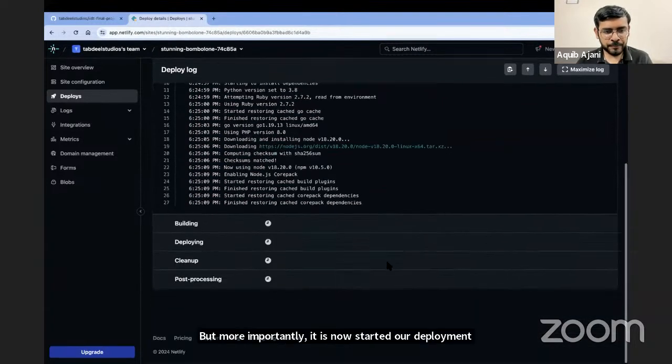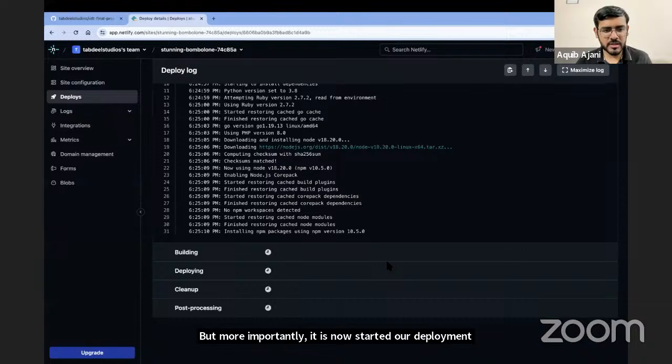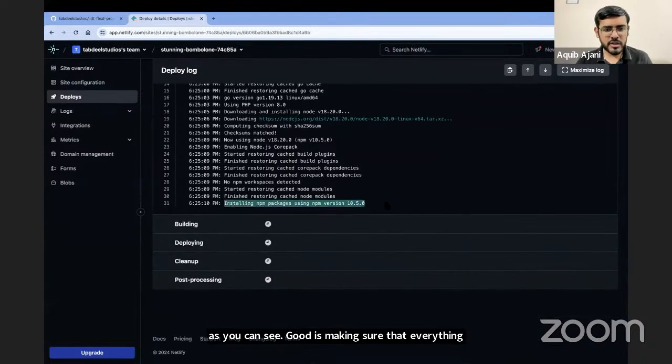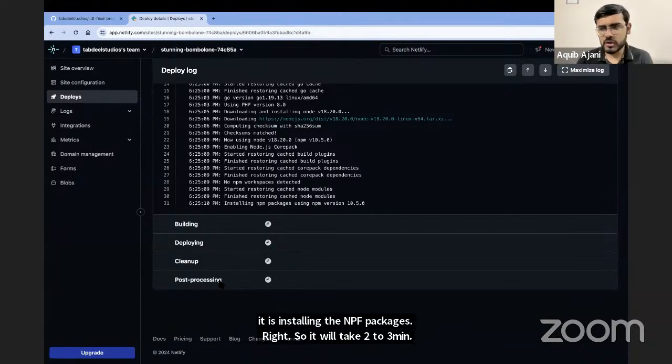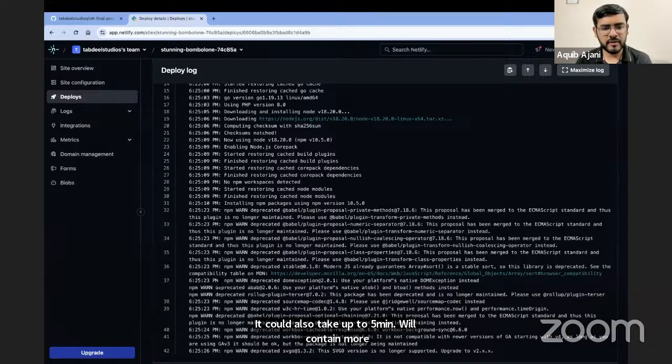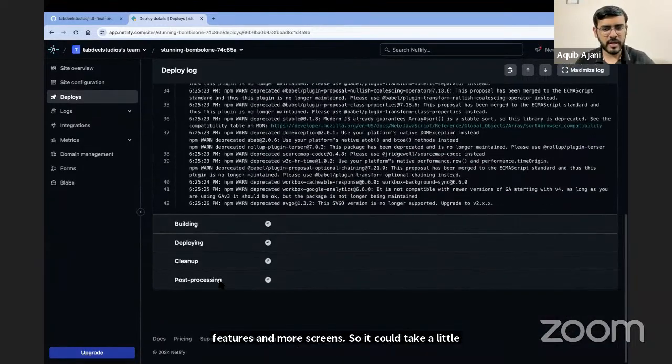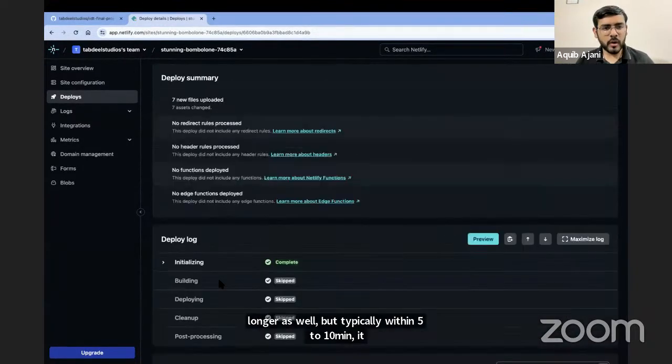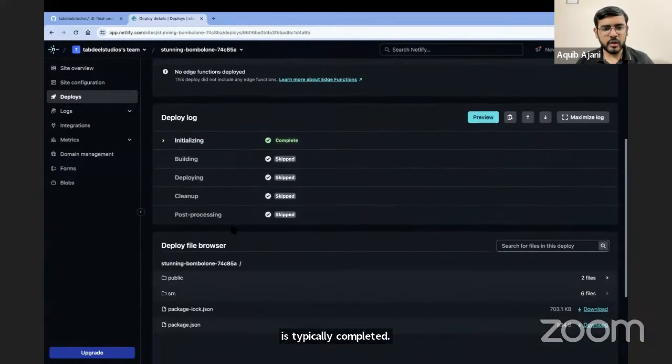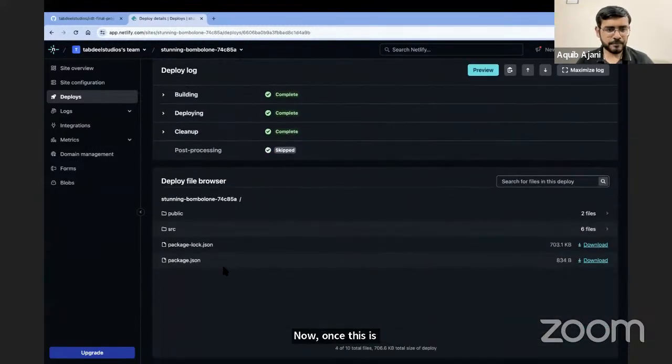As you can see, it is making sure that everything is properly available. Now it is installing the NPM packages, right? So it will take 2 to 3 minutes. It could also take up to 5 minutes because your project will contain more features and more screens. So it could take a little longer as well, but typically within 5 to 10 minutes it is completed. Now, once this is complete, it will give us a